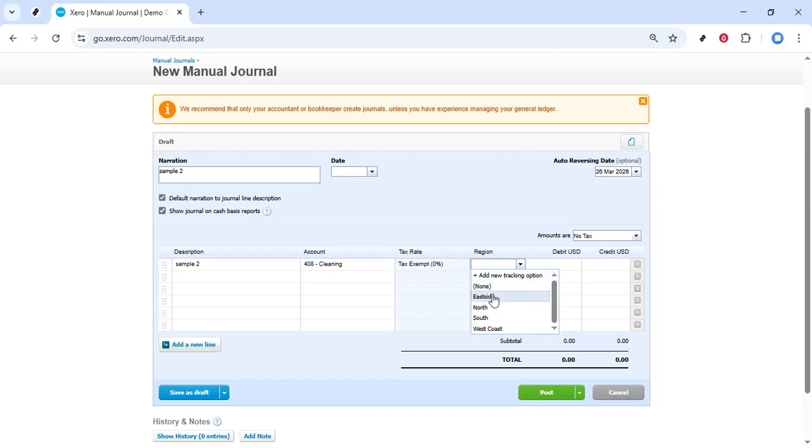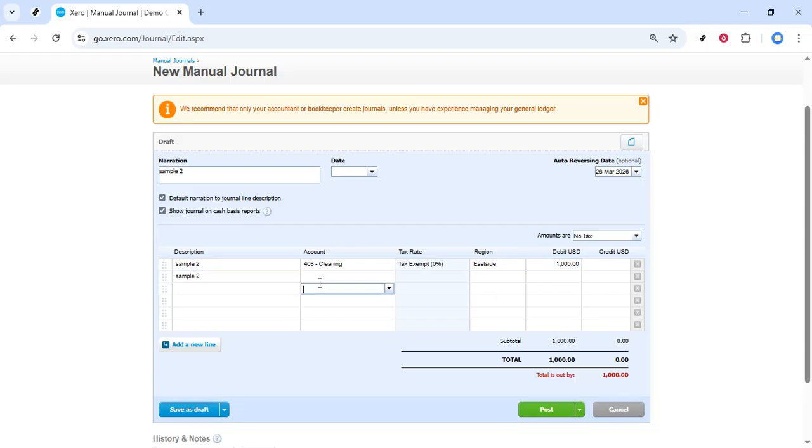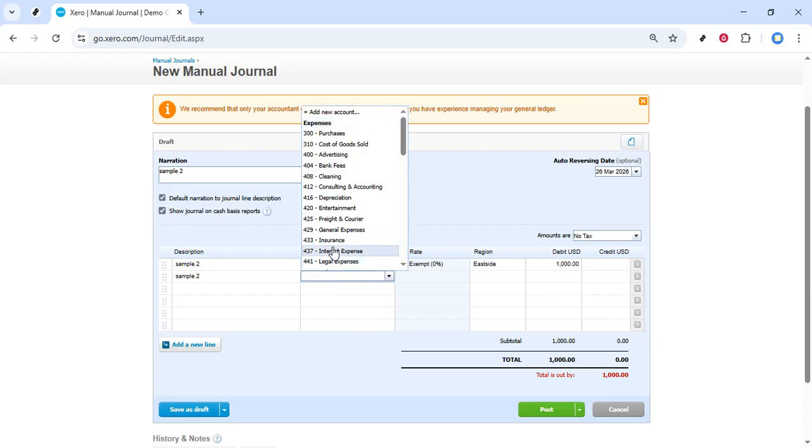After that, enter the amounts in the debit and credit columns. Remember, for every journal, the total debits must equal the total credits. If they don't, Xero won't let you post the journal. Work carefully through each line, making sure you're using the correct accounts and values that match the original entry you're reversing. Once you've filled in all the lines, reviewed the narration, and confirmed the reversing date, give everything one last